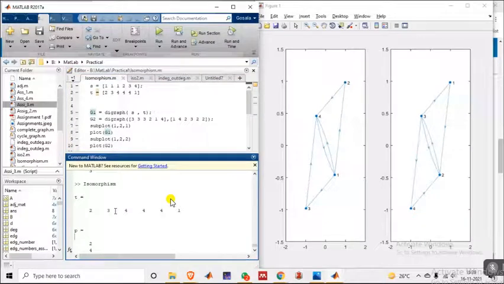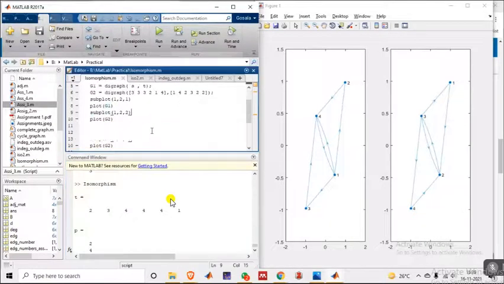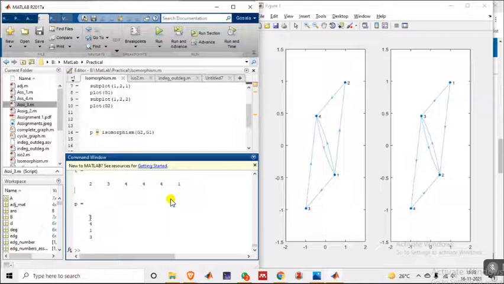So you can see is isomorphism. You got 2, 4, 1, 3 as the output. That means 2 is the vertex which is isomorphic to 1. 4 is the